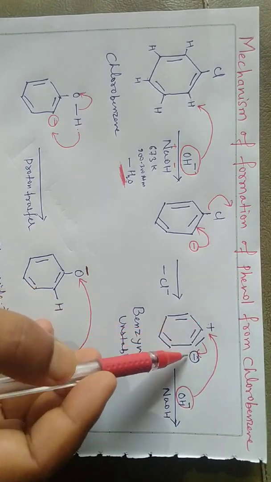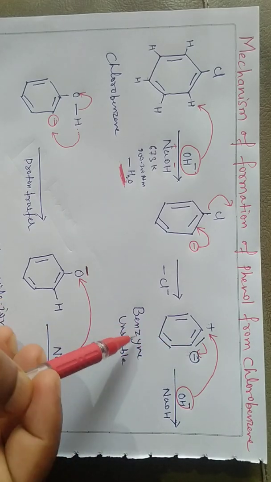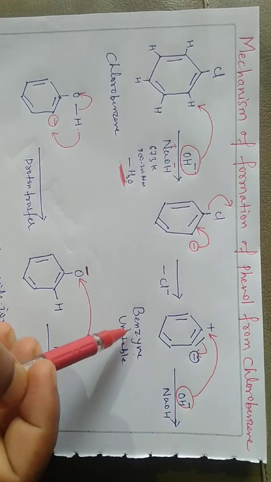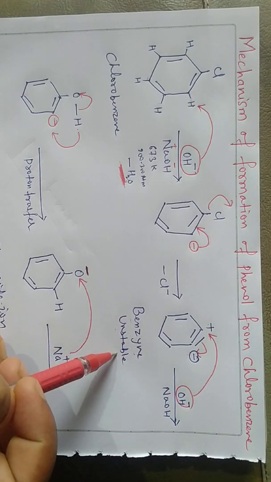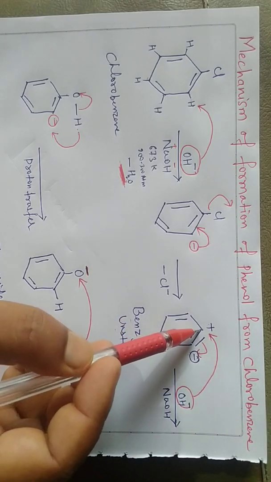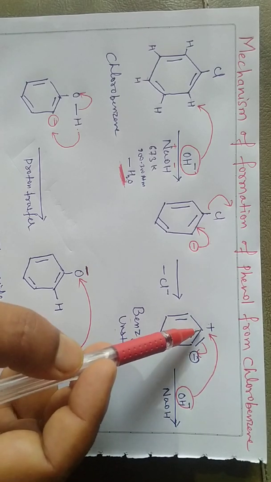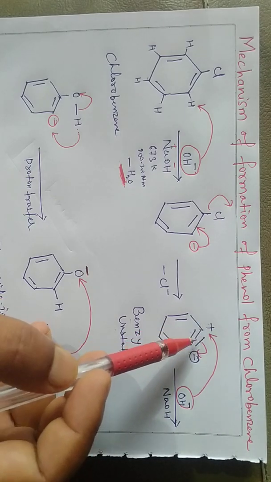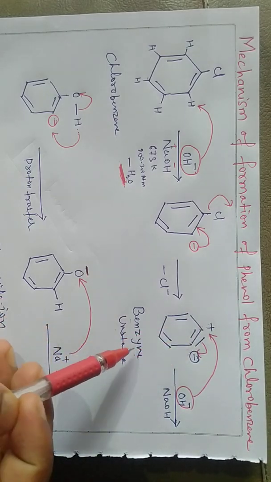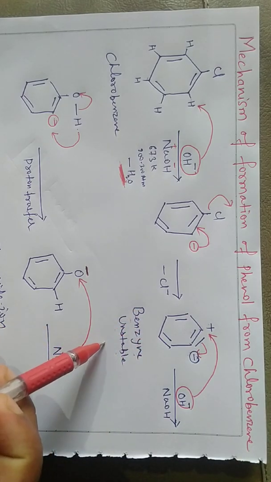So at the same time, there is a formation of a triple bond, so-called benzyne, and you know that benzyne is unstable because rarely it is seen that there is a triple bond, but it is possible because carbon has four valencies. So four valencies of carbon are satisfied, so it is possible to form benzyne, but this benzyne is unstable.